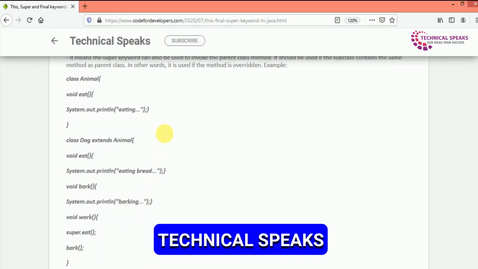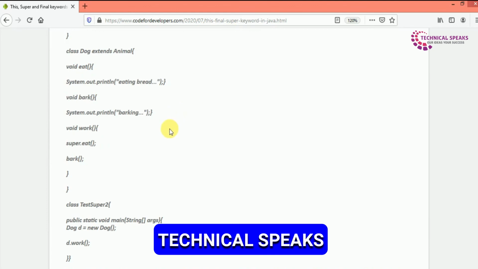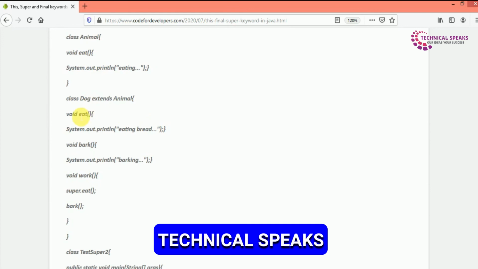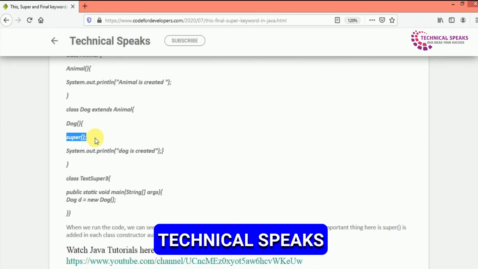When we run the code, we can see the output as eating and next is barking. In the above example, Animal and Dog both classes have the eat method. If we call the eat method from the Dog class, it will call the eat method of the Dog class by default, because priority is given to local. To call the parent class method, we need to use the super keyword. This is how we can use the super keyword in Java.